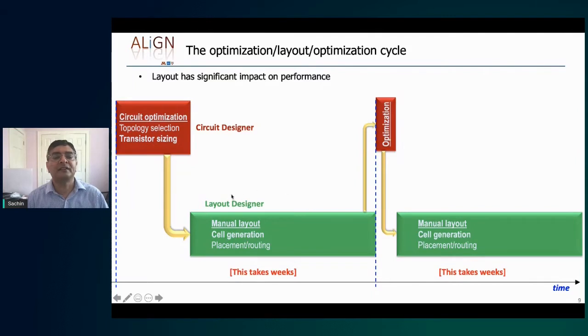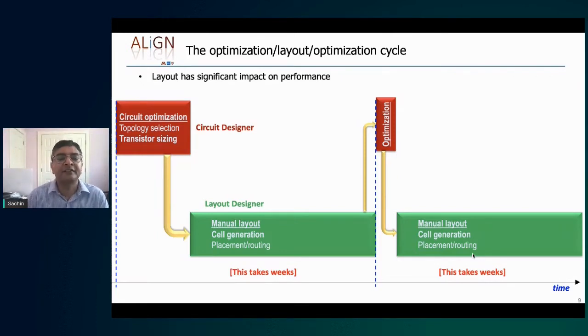So when this is done, that's when you have a true picture of the parasitics, and that's when you know whether the optimizations you made at this stage were good optimizations or not. So you come back with these parasitics and then say, well, okay, maybe I should re-optimize. And this is going to be a shorter time cycle than this because hopefully an experienced designer gets the big picture right here and needs to perform some tuning over here. But then again, it needs to go through layout, and that again takes several weeks. And this fundamentally acts as a bottleneck on the speed of the design cycle.